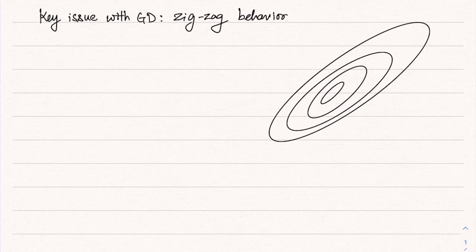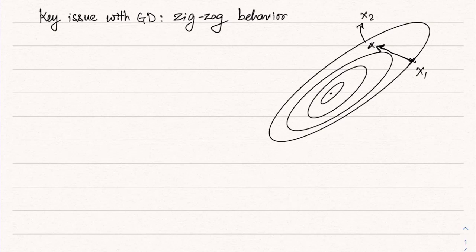So what would happen is that if you start at a point something like this, so let's say this is your x1, then the negative gradient would actually not be pointing towards the optimum, but it would be pointing in the direction of steepest descent, right? So that direction could be something like this. So you might take the first step along this direction and you might end up somewhere here. So this could be your x2.